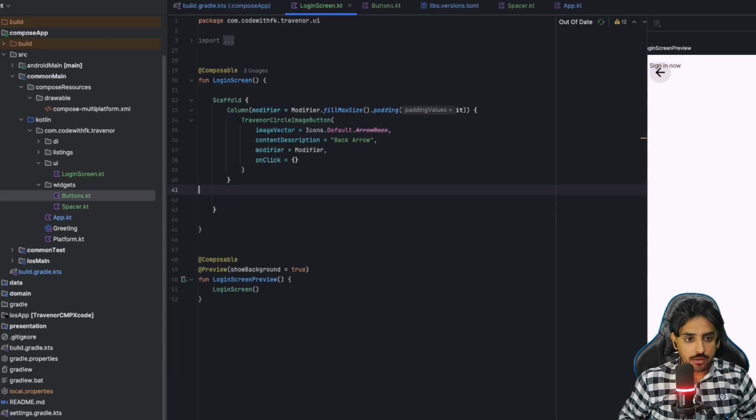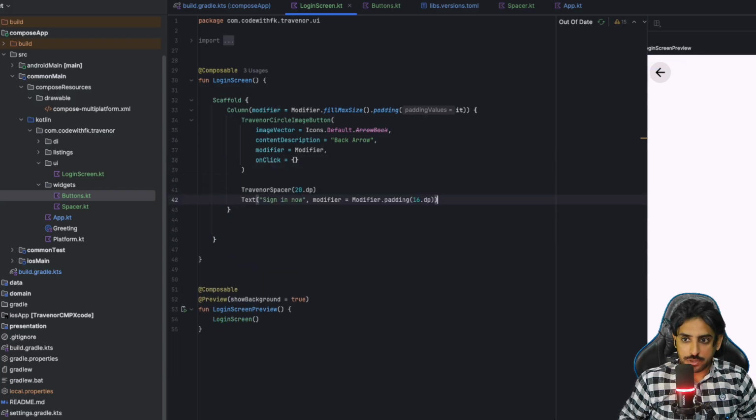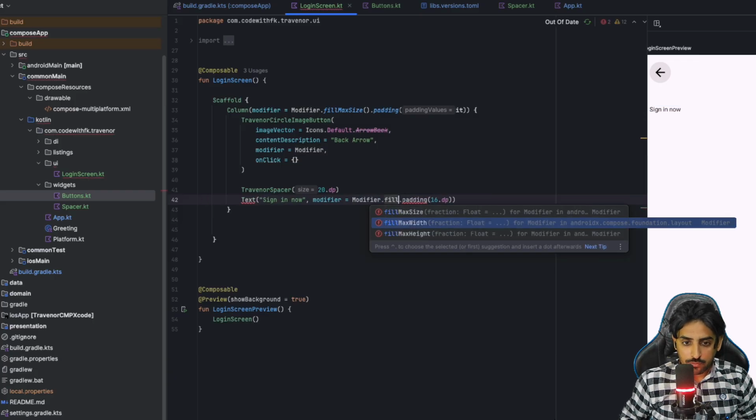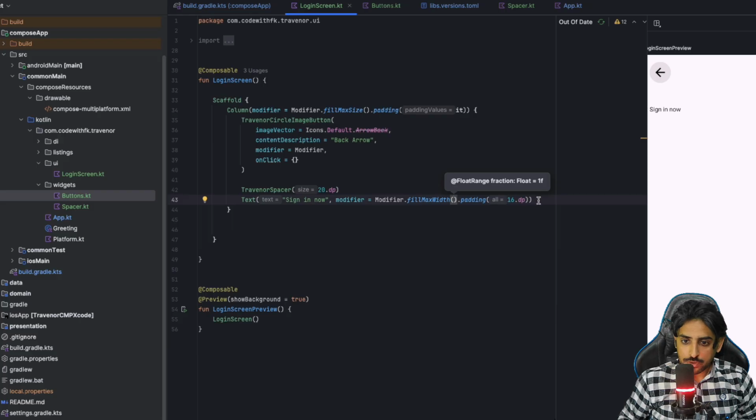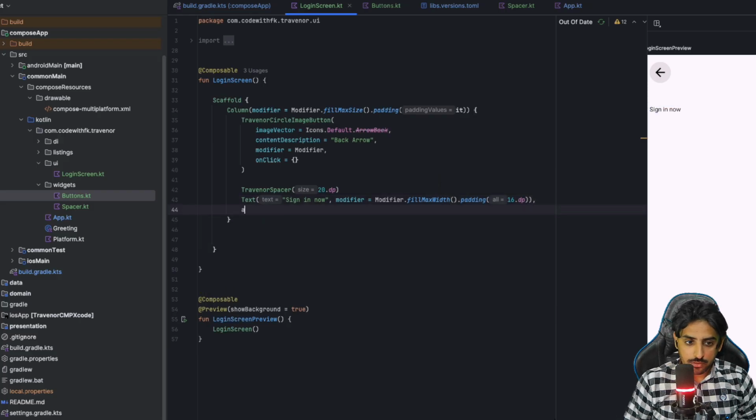And we take all these things inside the column. It should be inside the column, so we can see now. You see that the spacing is there, but the font size and all things are very small, so we need to work on that. I'm gonna fill max width for this so it can do that, and also I'm gonna align the